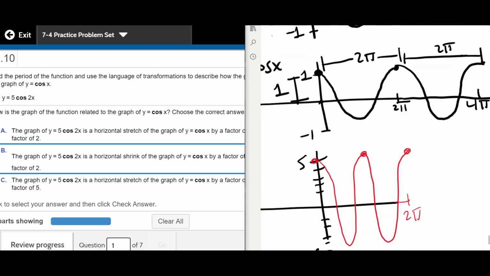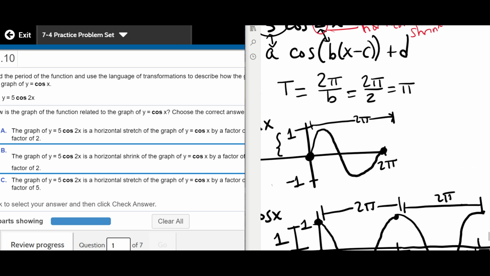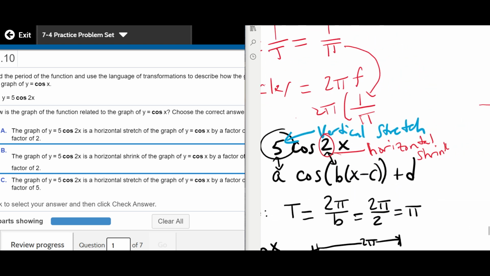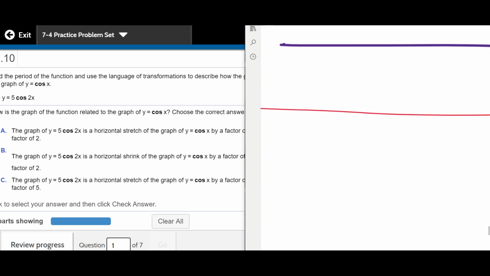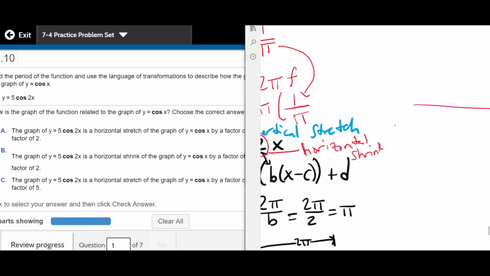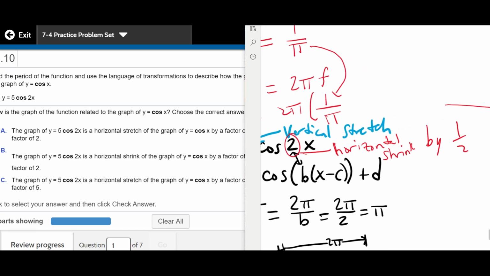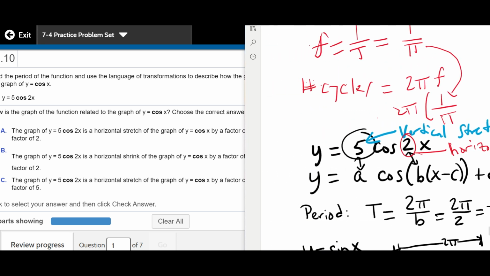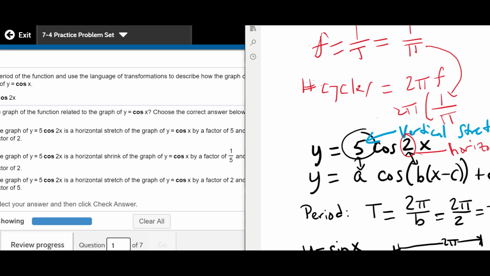Okay, so let's go back to the function here. We said it's a horizontal shrink by 1/2, because if it shrinks, that means it's getting smaller. So 1/2 makes it half as large. And then this one's going to be a stretch by a factor of 5. So it's going to be a horizontal shrink by a factor of